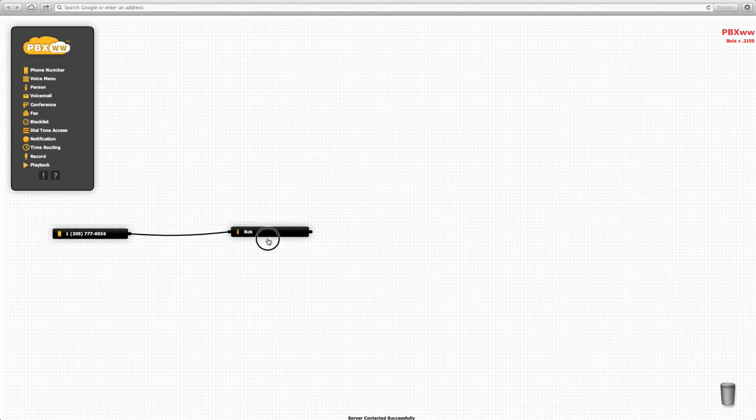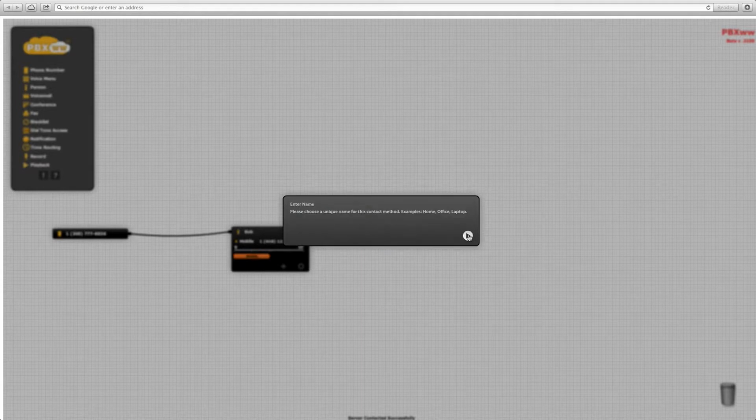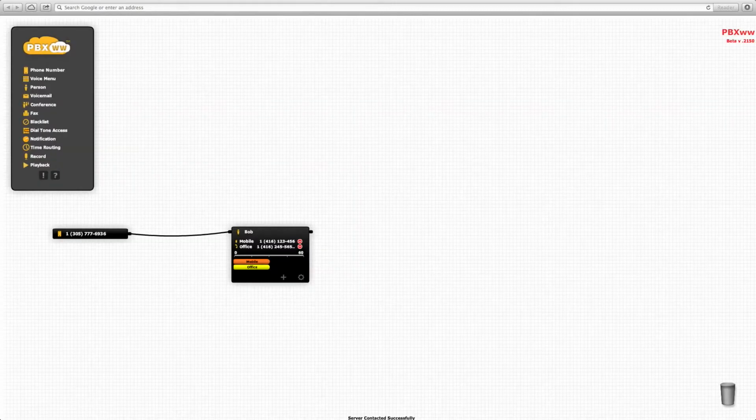Now, suppose Bob would like to be contacted in his Toronto office. What we can do is we add a contact method. Now it's a landline. We enter Bob's local phone number. Enter contact method, and now you can see Bob can be contacted on a mobile and on his office phone, and the phones